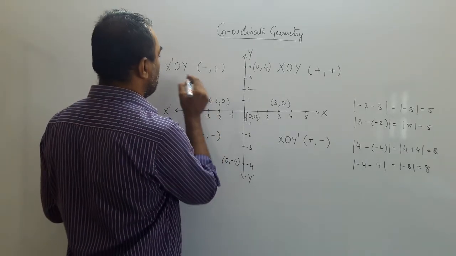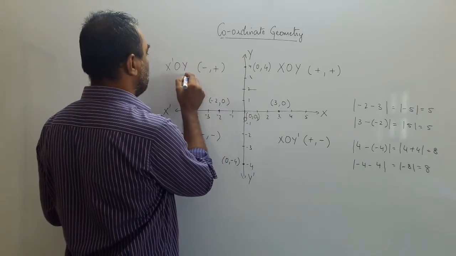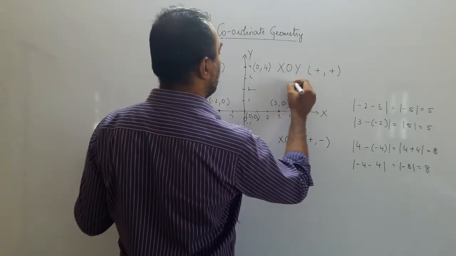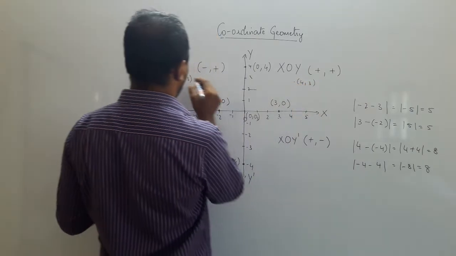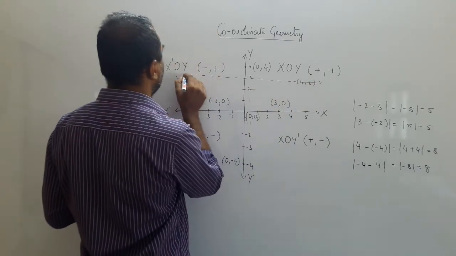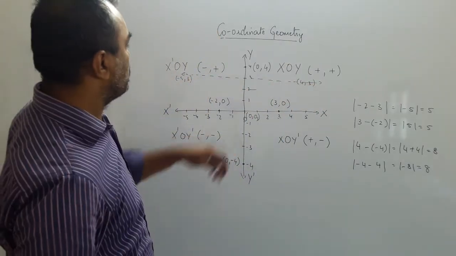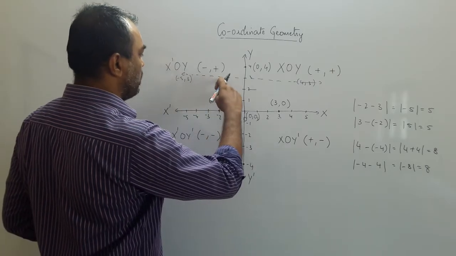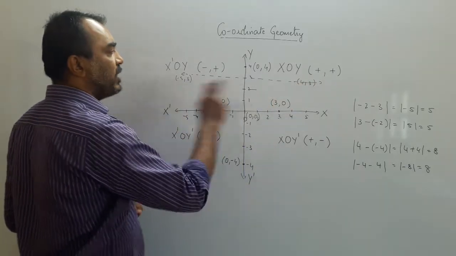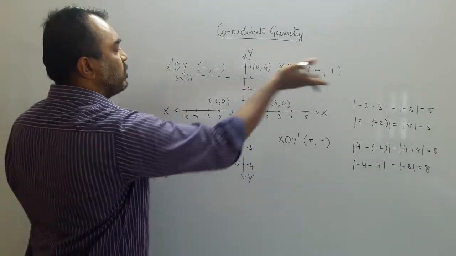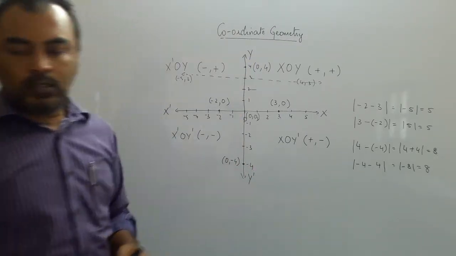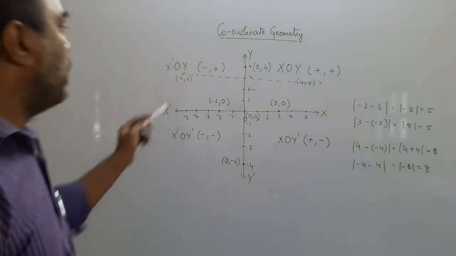Suppose the point is here, say (-5, 3) and (4, 3). Now you see these 2 points are on the same line, so you can use the same technique. 1, 2, 3, 4, 5, 6, 7, 8, 9. So 4 minus (minus 5) gives you 9. These two numbers we don't take because it is a straight line. Similarly, you can take it in this manner also. So this is finding distance for one coordinate only.